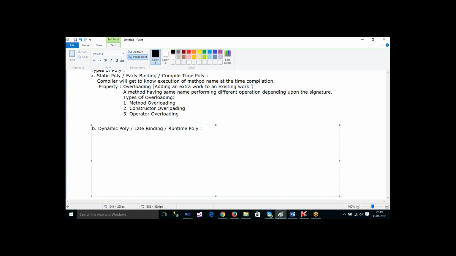What is the definition? The compiler will get to know the execution of the method name at the time of